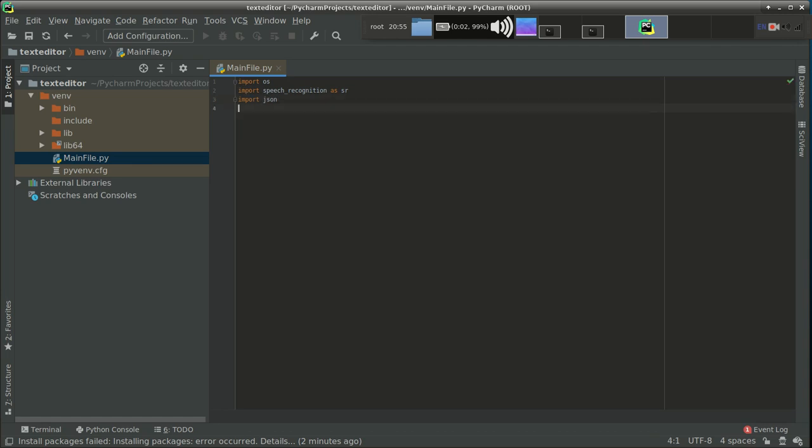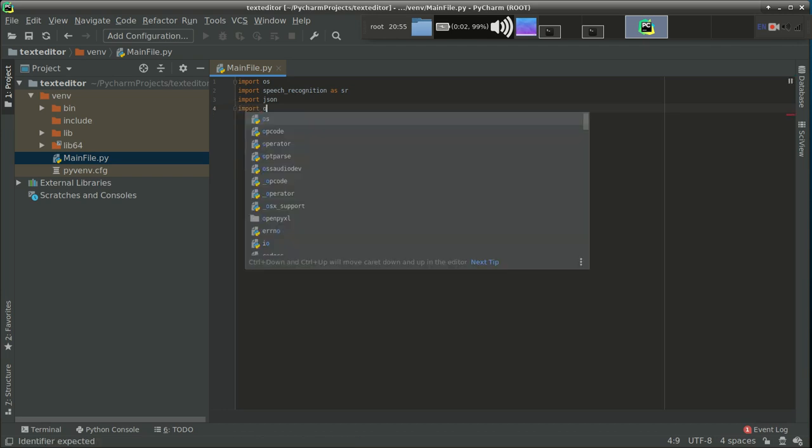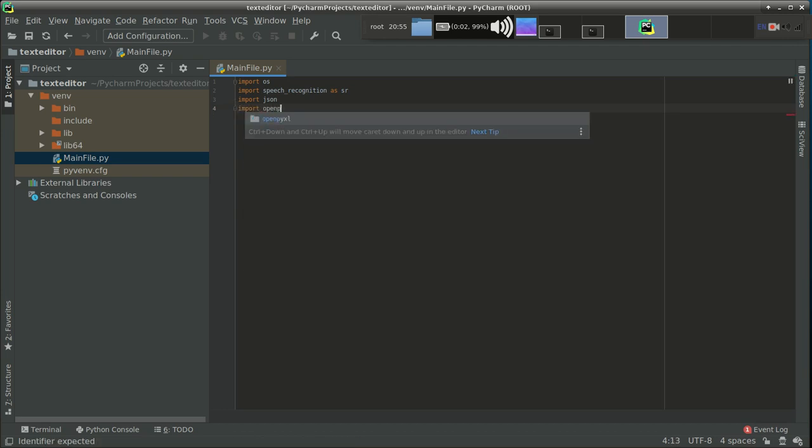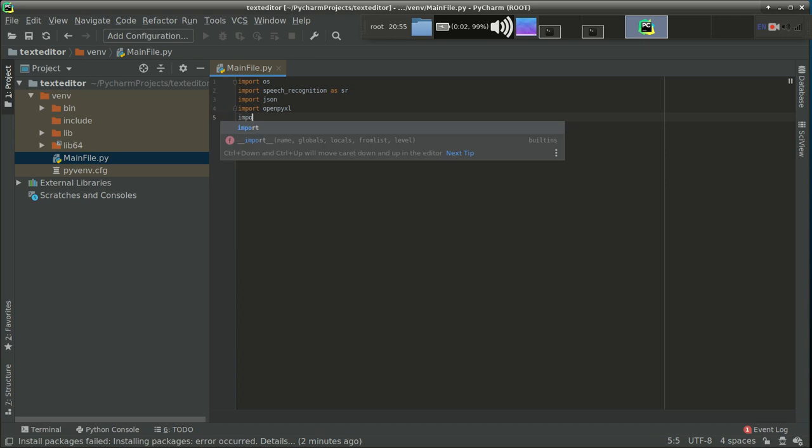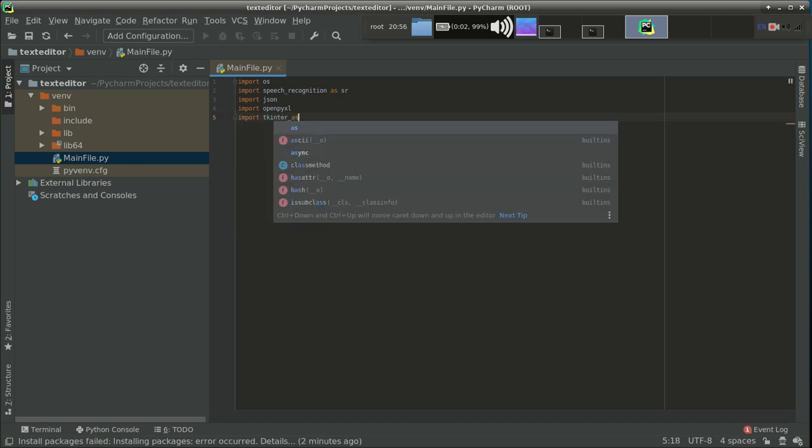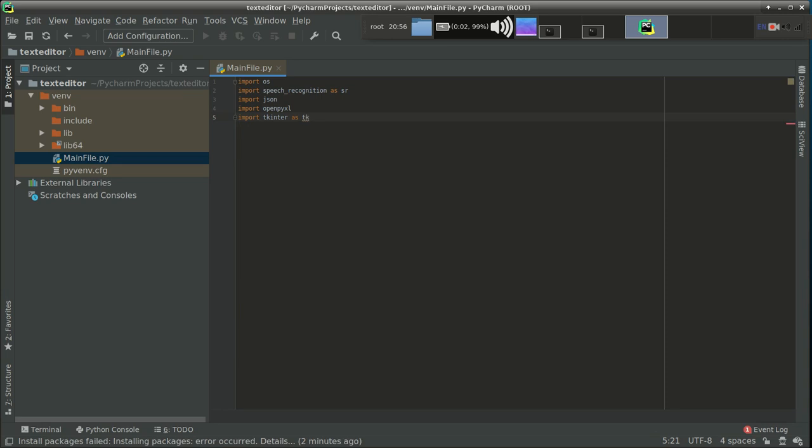Import openpyxl. And finally import tkinter. So guys, all libraries we have imported. Now let's start with the main backend of the program.